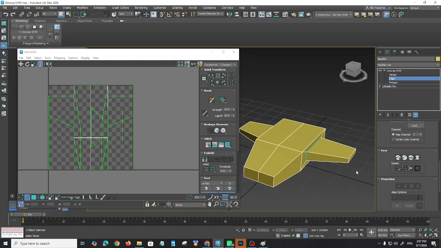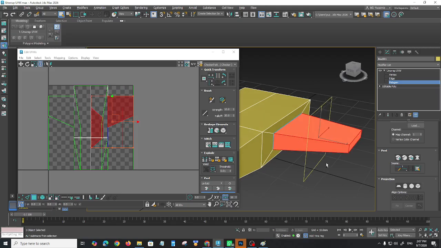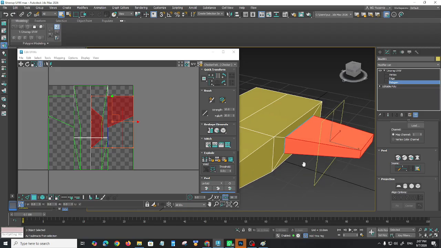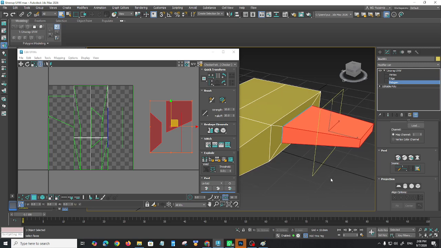Okay, so let's try that. Let's go to the polygon. I'm going to double click, or just click once and then click expand to polygon. See, it will only expand to the cut seams here. Okay, and I'm going to bring this up. It's going to look weird here, never mind. And I'm going to hit quick